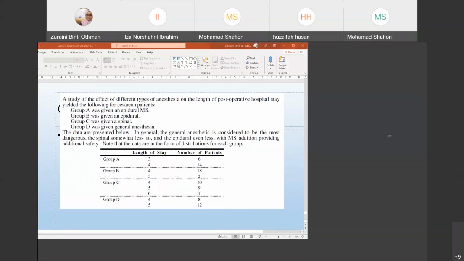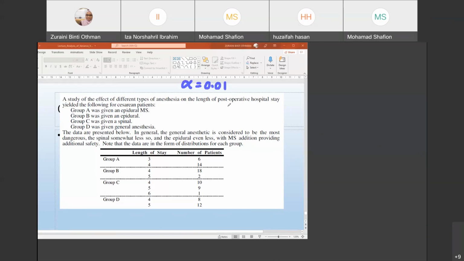Okay, now. But if we want to use, for this case, for example, we want to use 0.001 as our significance level. Okay, now here,